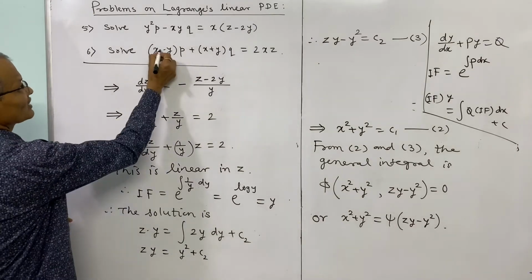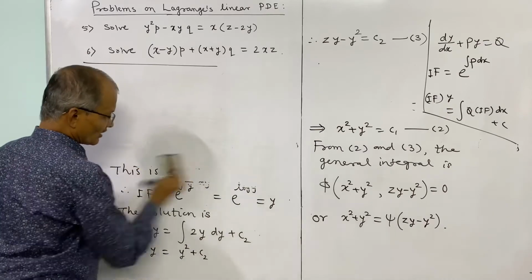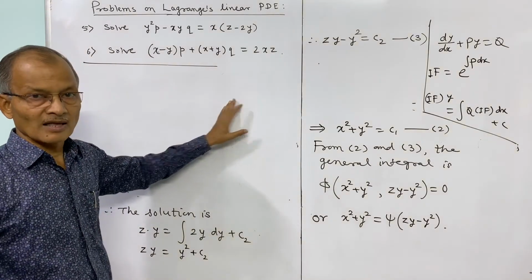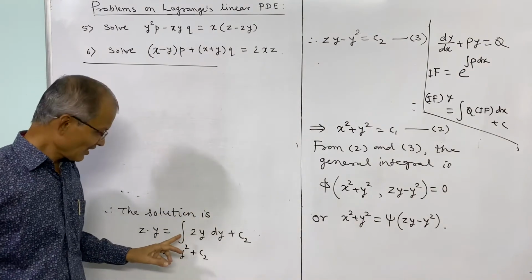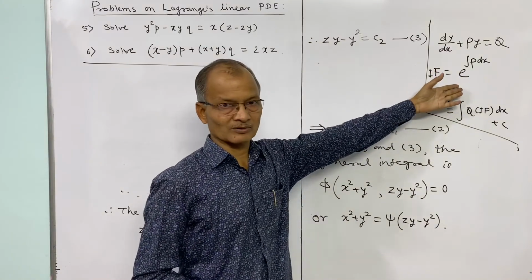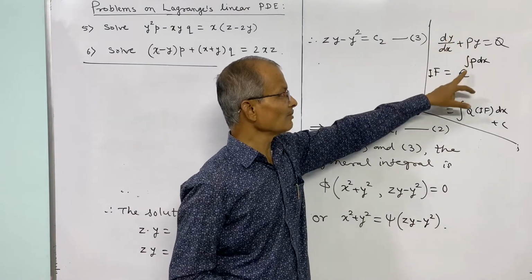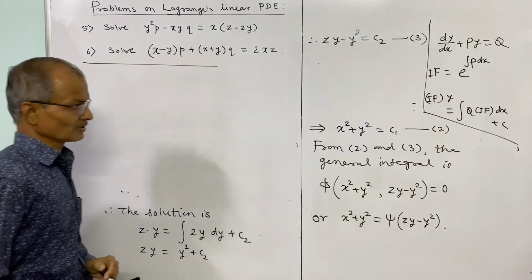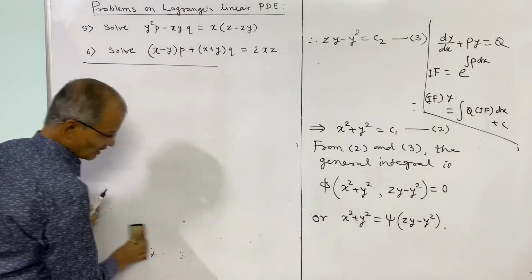problem. Now we shall consider the second, that is sixth problem, solution for 6. The method is the same, but that depends on which type of functions are there. Here we have used first the method of grouping, and then for the second grouping we obtained an equation which is linear, and we have to use the earlier methods also. This is linear differential equation, and we have noted the change in variable. This is IF. We have used this formula for solution of linear differential equation to get the second solution as this one, and then the general solution is written.